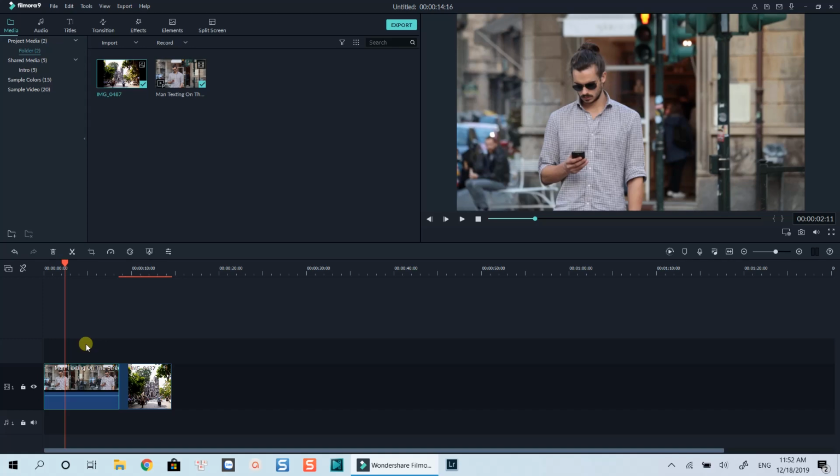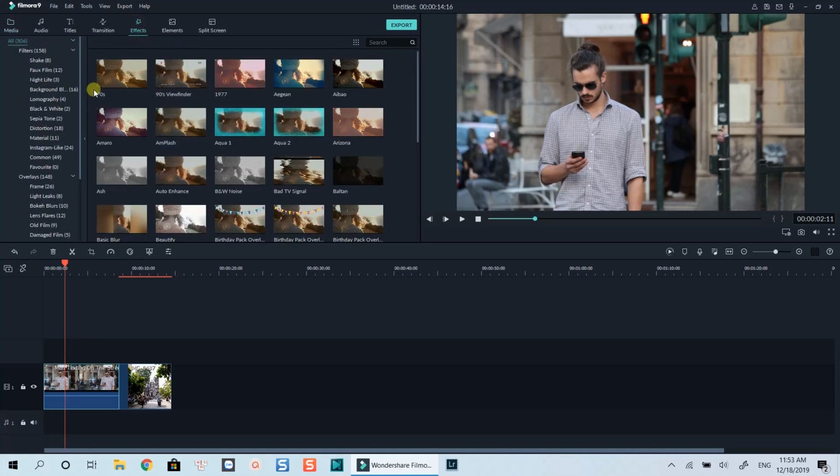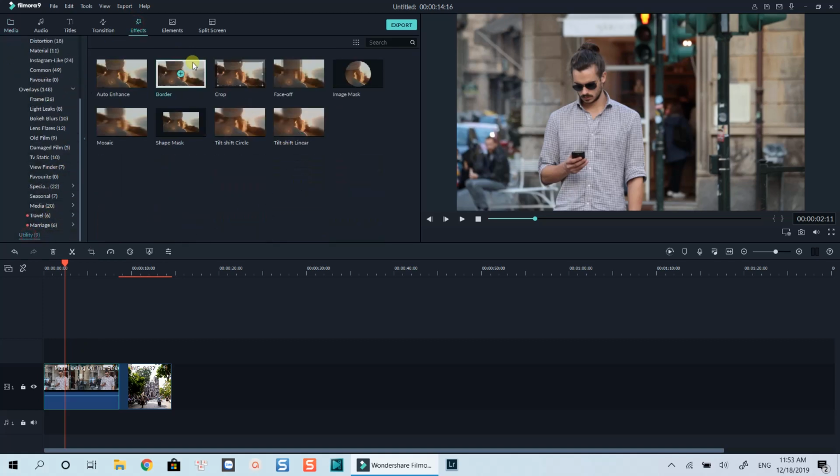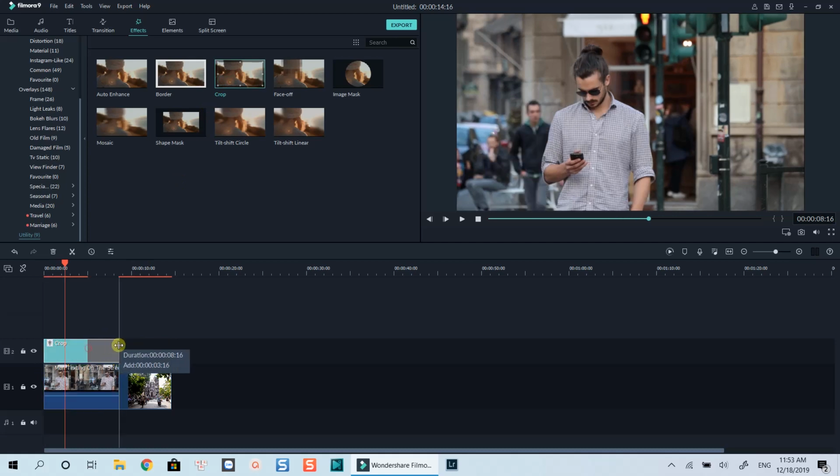And here are some other techniques you can play around with this crop tool. Firstly, I can go to the Effect tab. Scroll down to the bottom and select Utilities. This is another crop tool in this Effect tab. Let's drop it down to the clip and see what will happen. You can drop it directly on your clip, or put it on top of the track which has the same